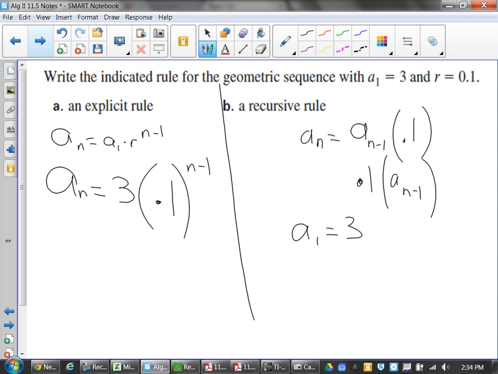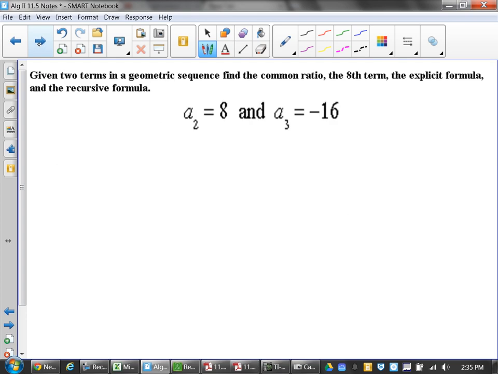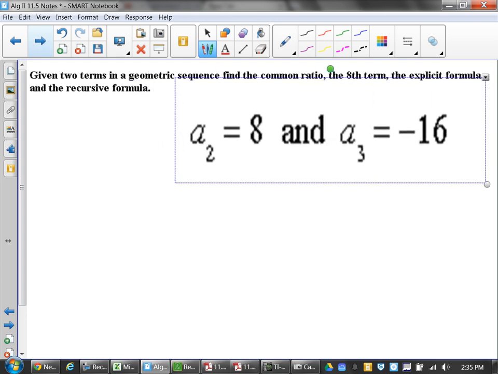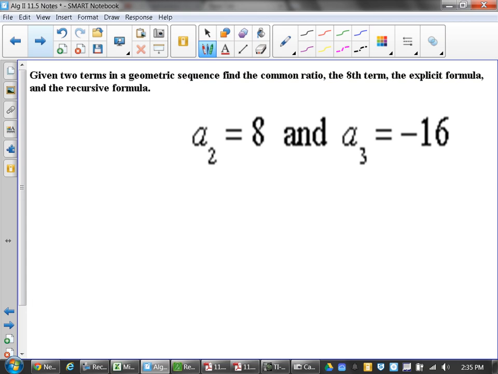Now, does that mean you're always just going to be given the first term and rate for a geometric? No. That means you could be given 2 terms, okay? If we're given 2 terms,